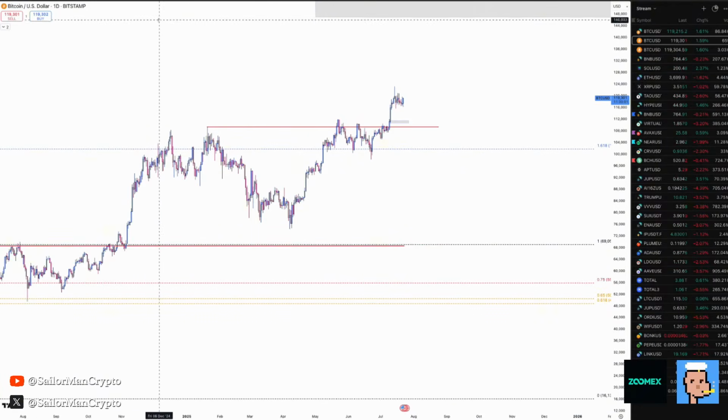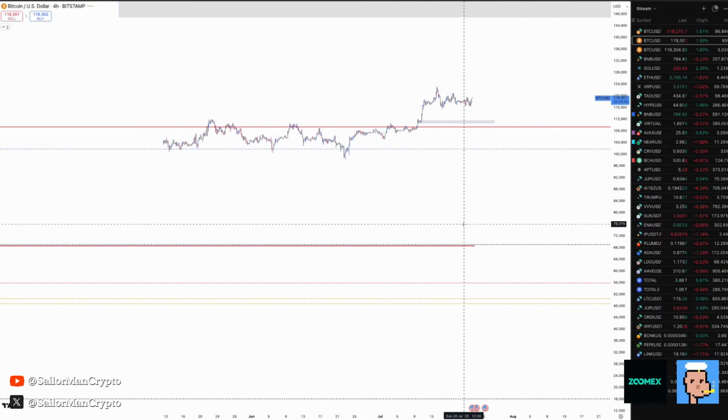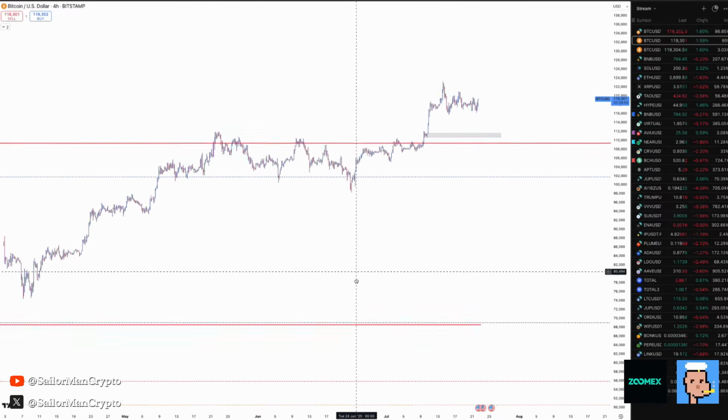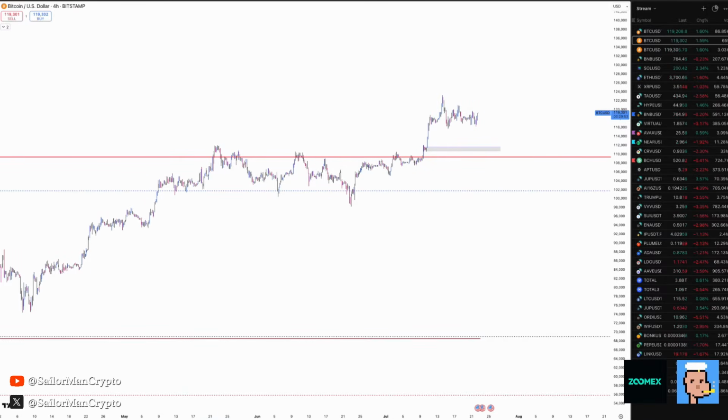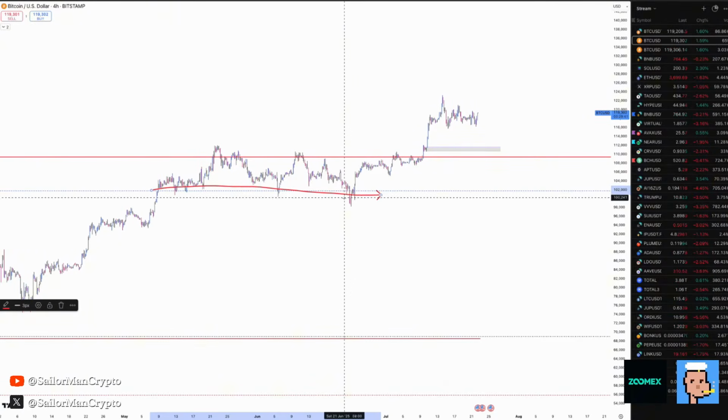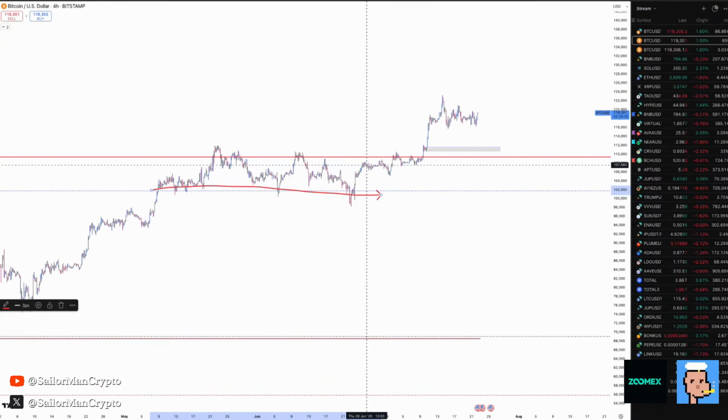Then you can further map levels on the 4-hour, as I was saying, to help you for the week. So let's say you were developing your plan somewhere here, so you know that here there was a support level, and you would develop a plan to say, okay, should Bitcoin reach this support level again, I will look for